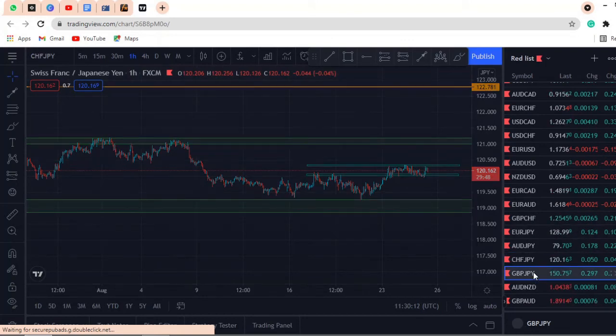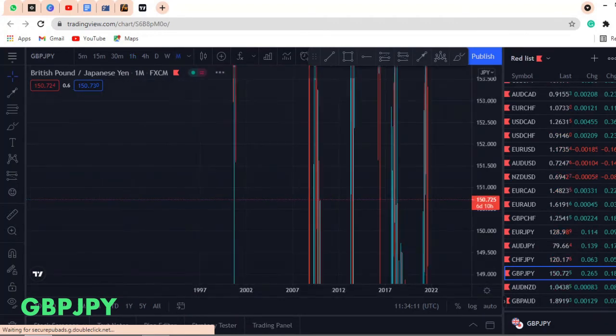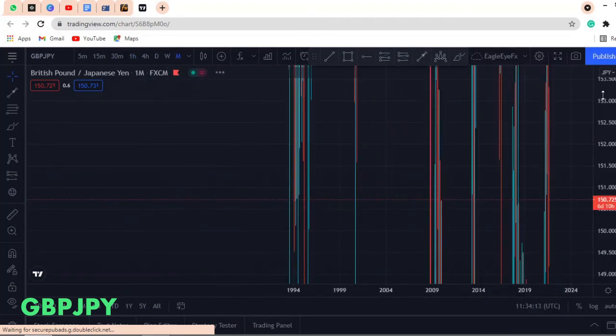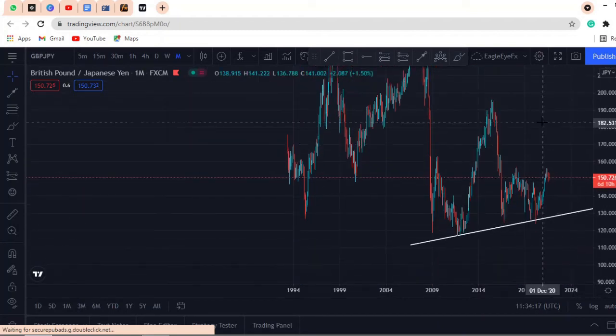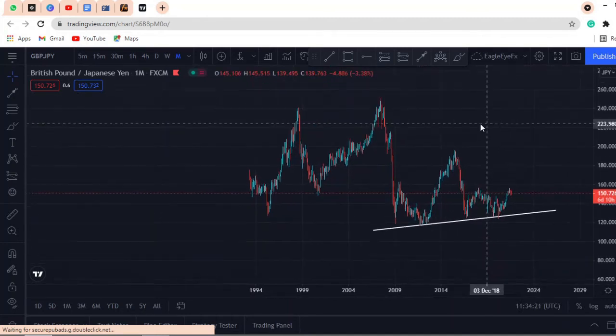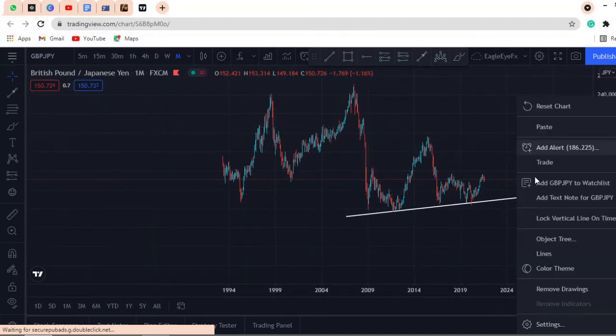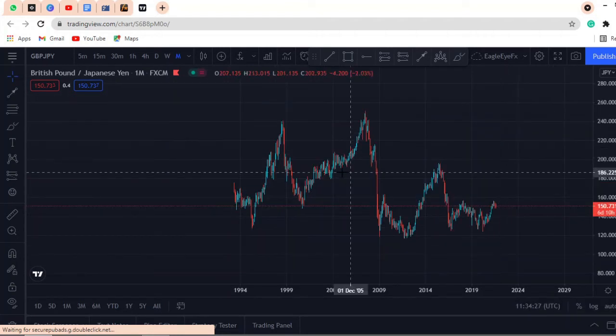Our last pair is GBPJPY. So for GBPJPY, let's start from the monthly time frame as usual. We see the general direction of the market. From the monthly time frame, you can see that GBPJPY has been on a